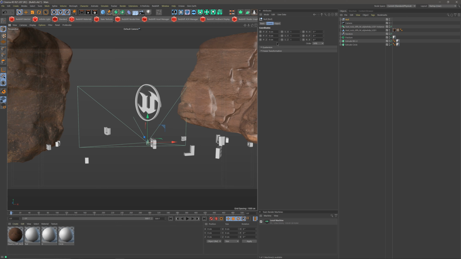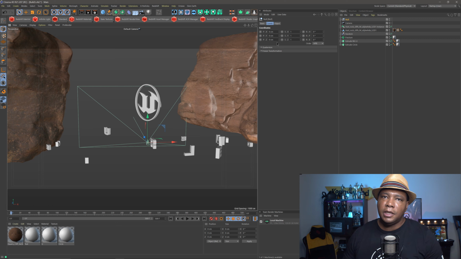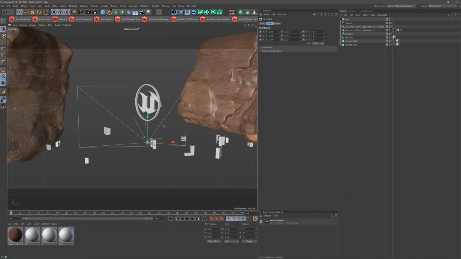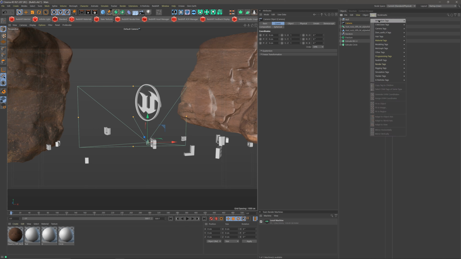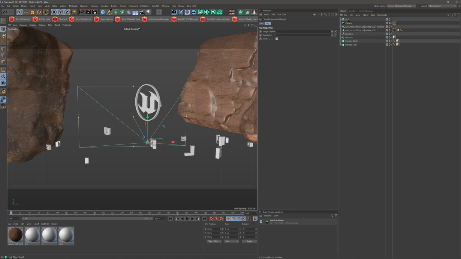And then I want to have my camera always looking at my null so that I have a point of interest that I could kind of target on. And I know it's always going to be straight where it's supposed to be looking. So if I click on my camera here, the way to activate that is to come over to tags. And then I'm just going to scroll down here to animation tags and click on target. And then this will allow me to click on my null and just drag it in here where it says